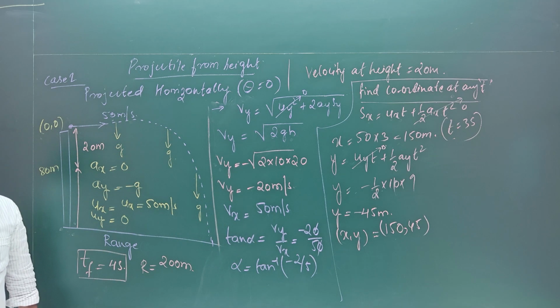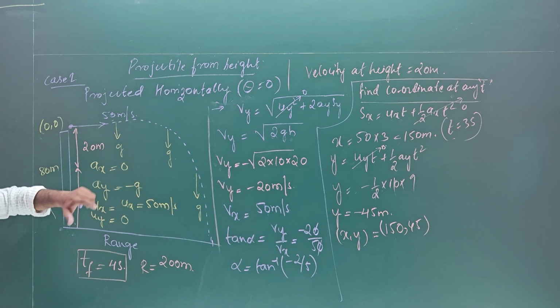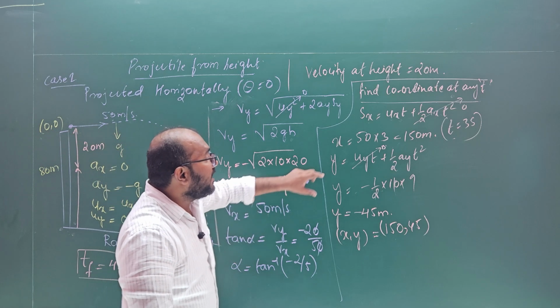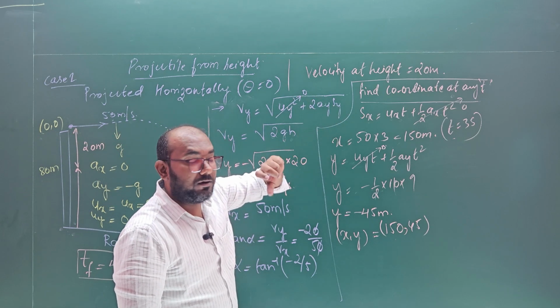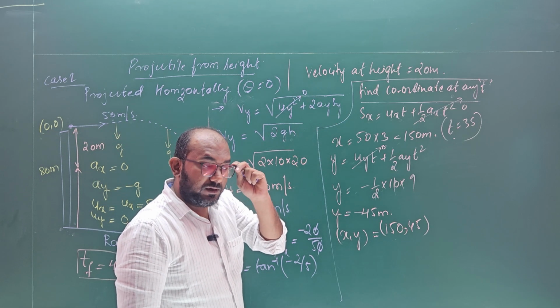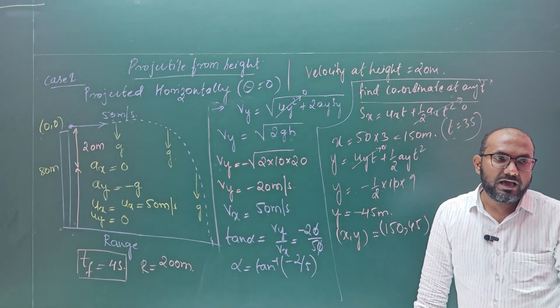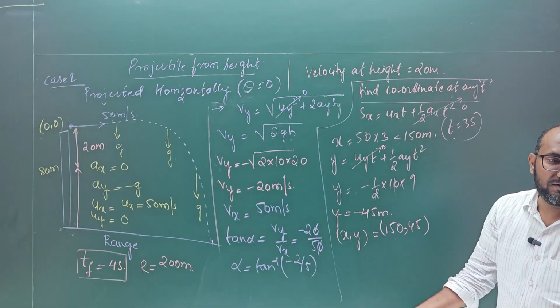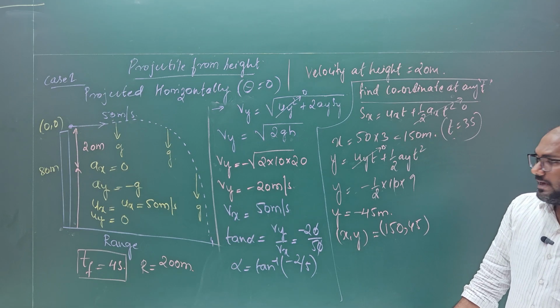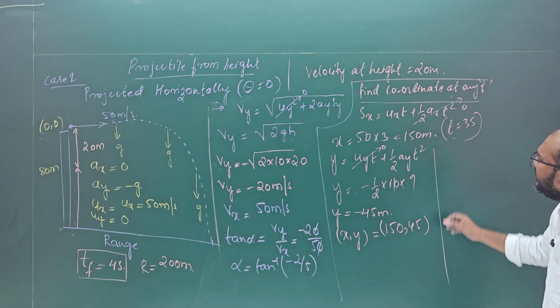Okay. So these are the things. Similarly, they can also ask you to find the coordinate at any time at any height h. That means, can I say that y is directly given? At any height h from the ground means y is given. All you need to calculate is Sx. Then if I say from any height h,